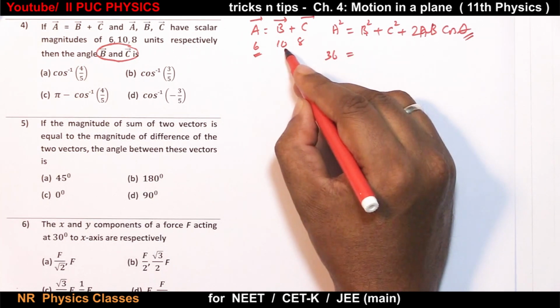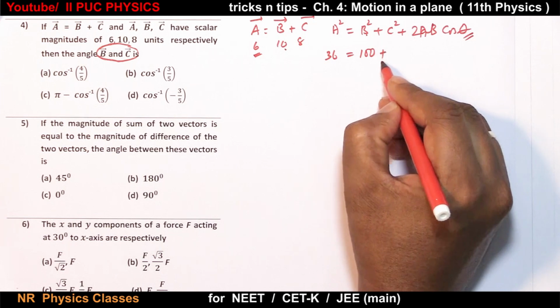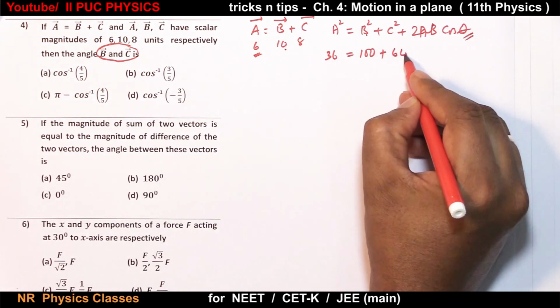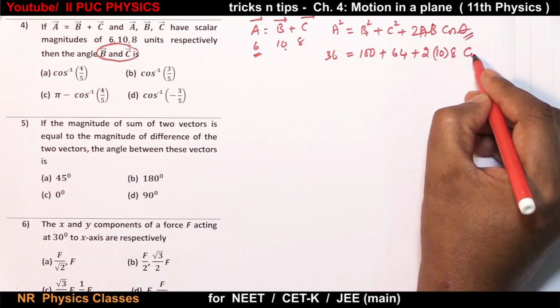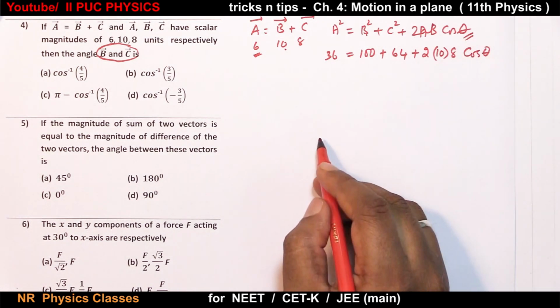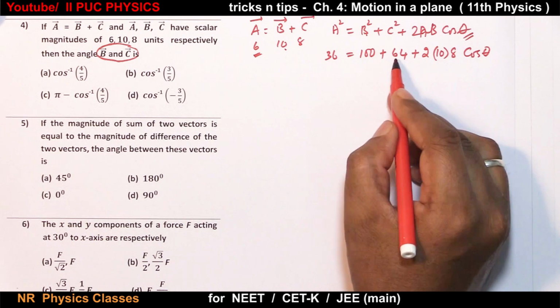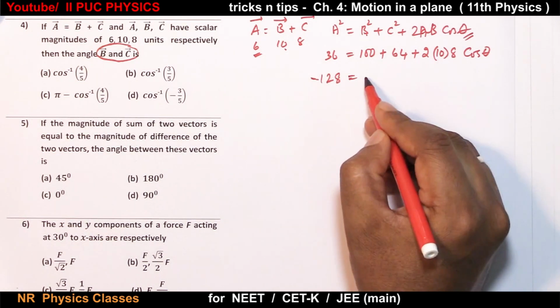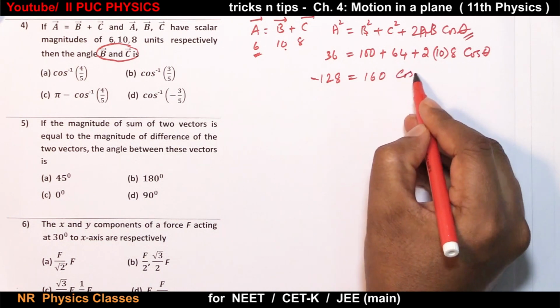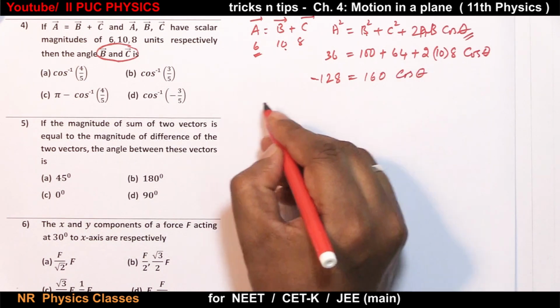B square is 100. C square is 64. 2 into 10 into 8 into cos theta. So this is minus 128. This is 160 cos theta, or cos theta equals